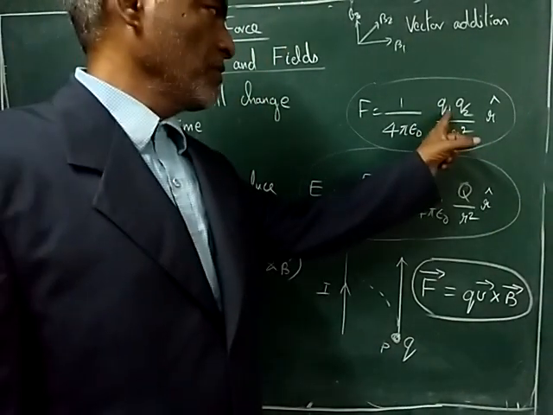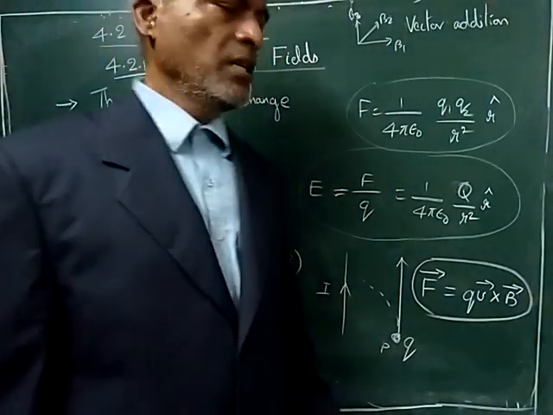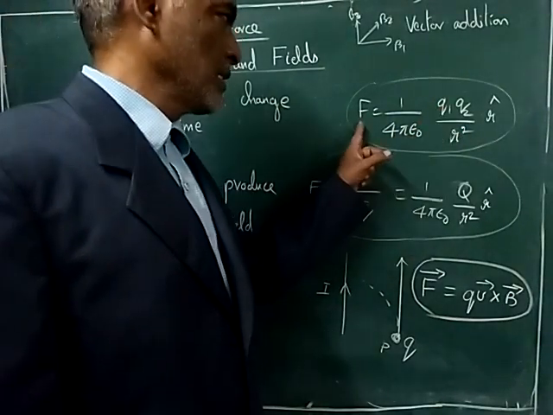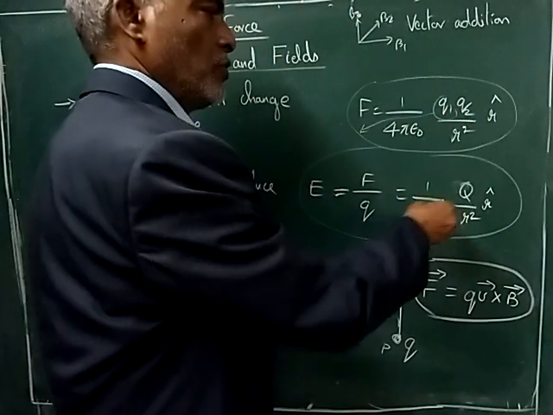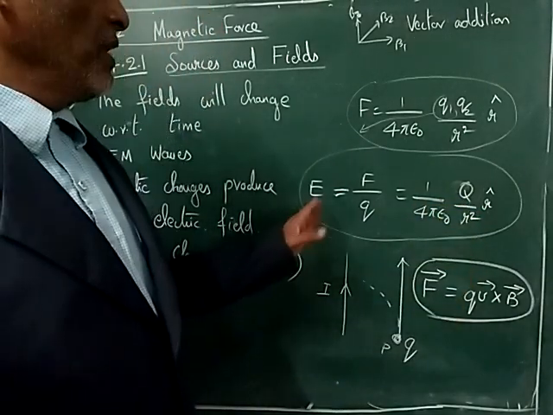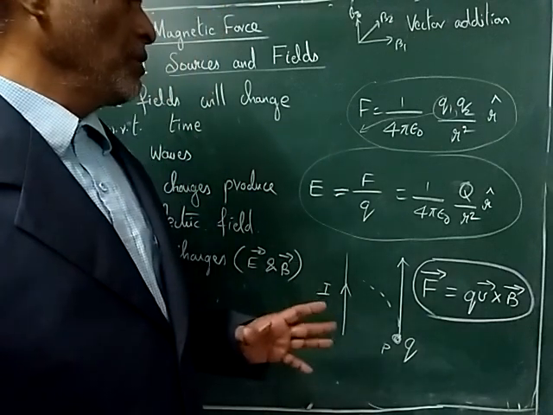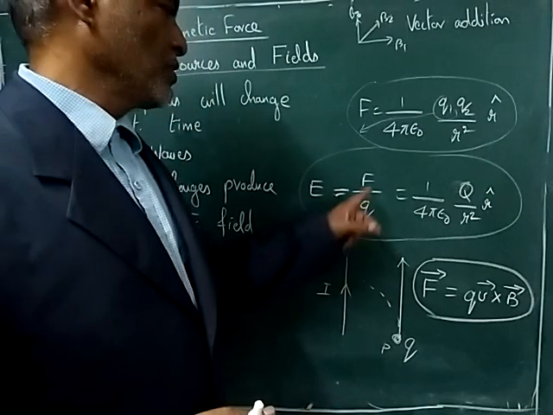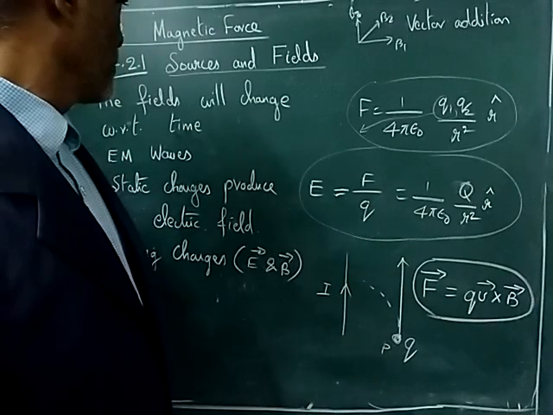Now if you bring one of the charges to this side, it will become F by Q. Assume it is a test charge. Then we will get the electric field. So if you bring one Q this side, F by Q gives Q divided by 4 pi epsilon naught r squared, where E is the electric field. So now we have a relation between electric field, force and charge. So we can say force is equal to E into Q. Okay, this is one point.